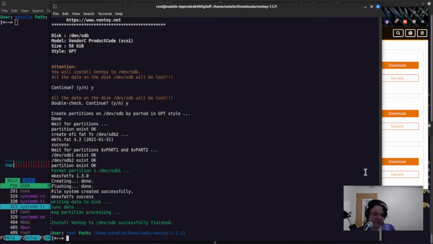Escape. It's either F10 or one of these four keys, F9, F10, F11, or F12. I'll need to see it really quickly. And then we gotta choose.